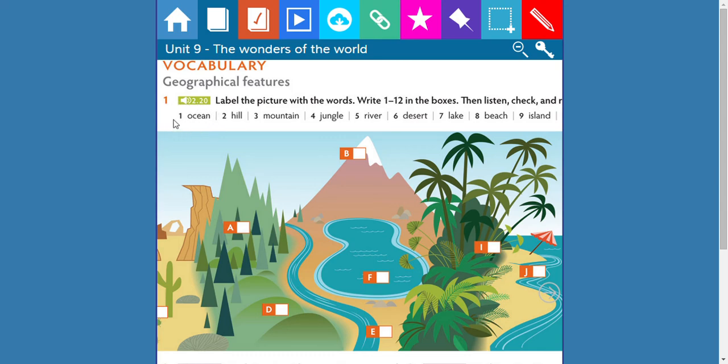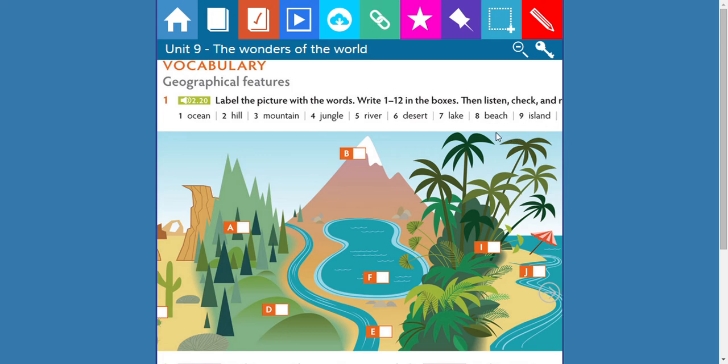Ocean, hill, mountain, jungle, river, desert, lake, beach,